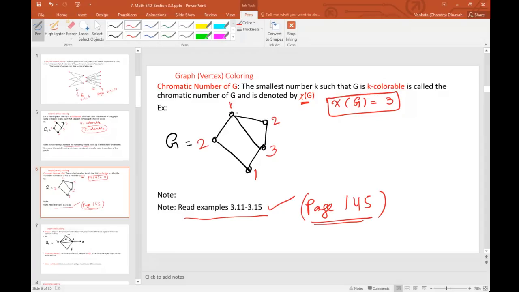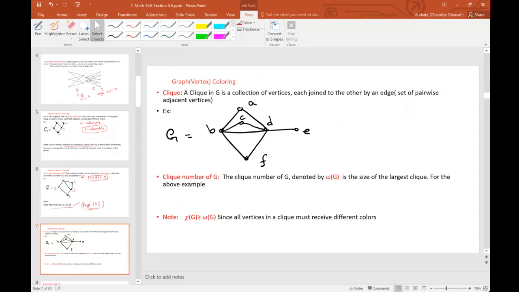Now let's go to the next definition. I'm assuming you're all comfortable with chromatic number. Let's go to the next definition called clique. Clique means, take any graph, take some of the vertices such that there is an edge between any of them. That means, for example,